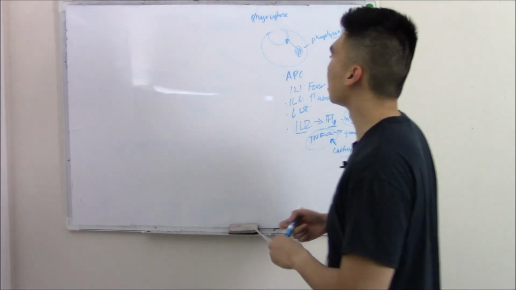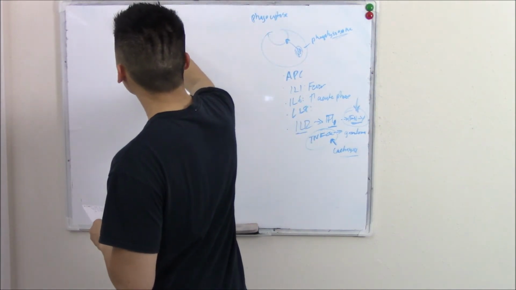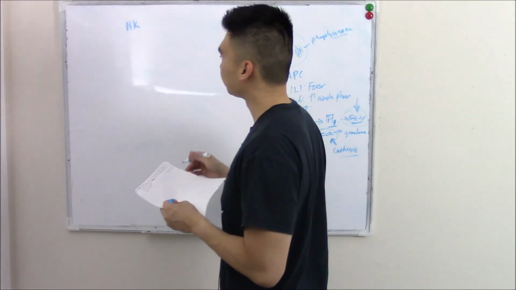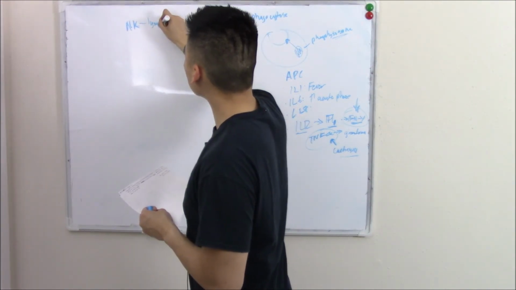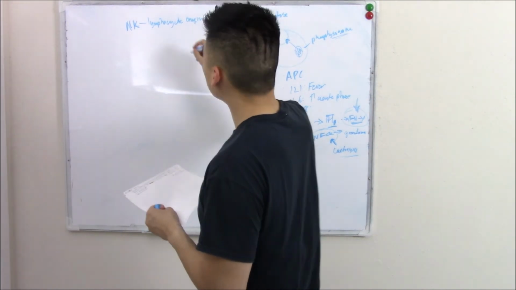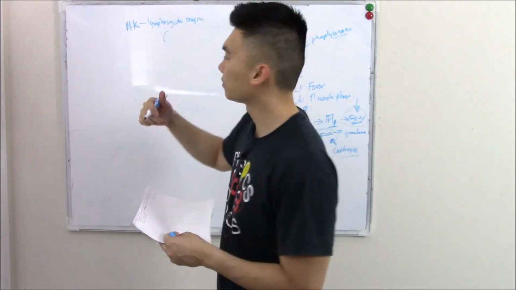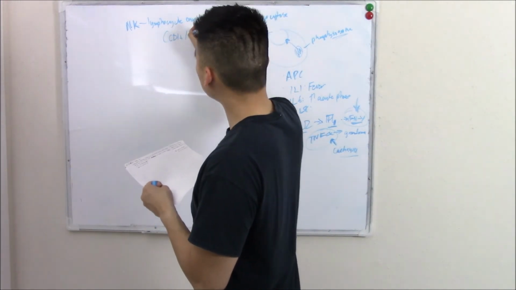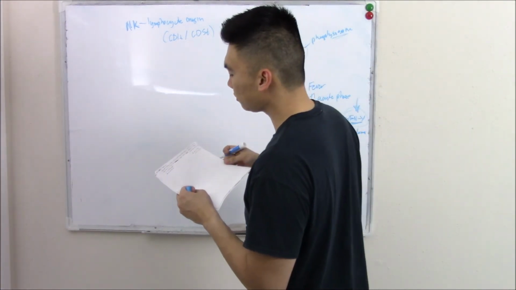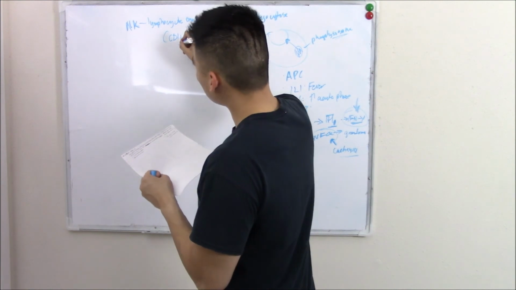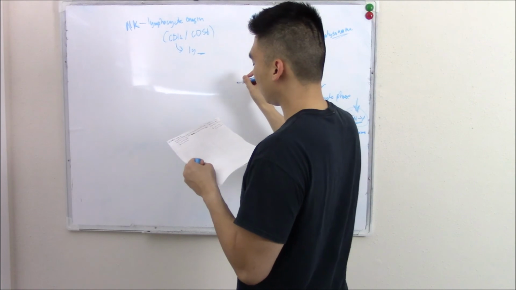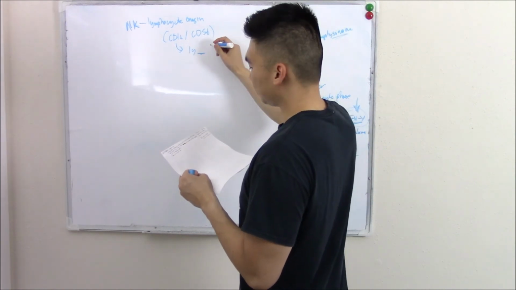Let's talk about your natural killer cells. Your natural killer cells are named this because they are born to destroy cells. They actually come from a lymphocyte origin. They share origin with your T cells. And they actually have CD markers on them, kind of like your T cells. CD16, CD56 are the ones you need to know cold. Now CD16 can bind to immunoglobulins and kill that cell. We call this